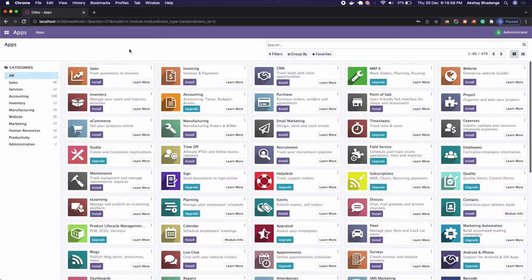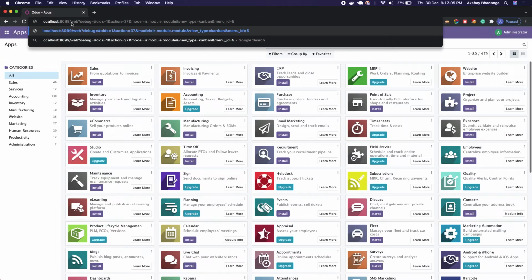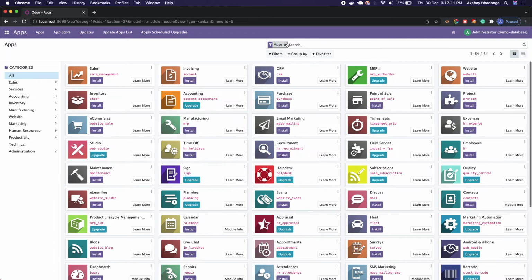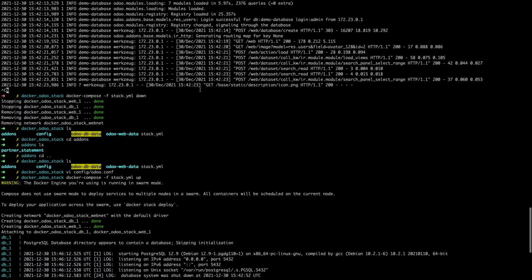We can verify this from browser itself. So to update my packages, I have to enable developer mode. Cool. So developer mode is available now.